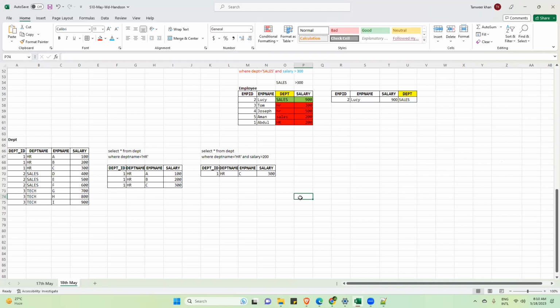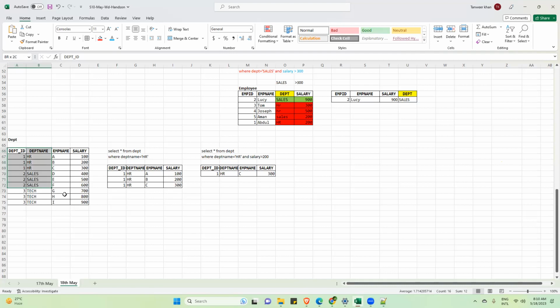I'm not asking for the solution, so please don't tell me the query. Just tell me, is the question clear? Yes. My manager wants the details of all the employees who are from the HR department, or if they're not from HR, that is fine, Tanveer, but their salary should be greater than 600.